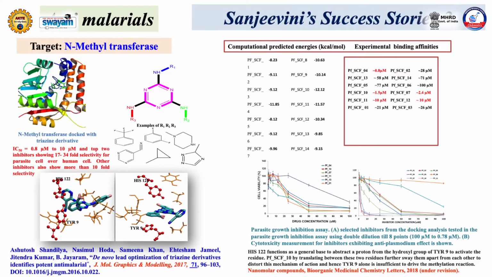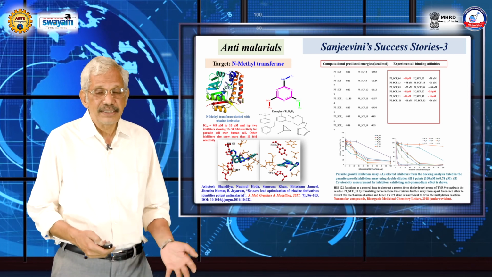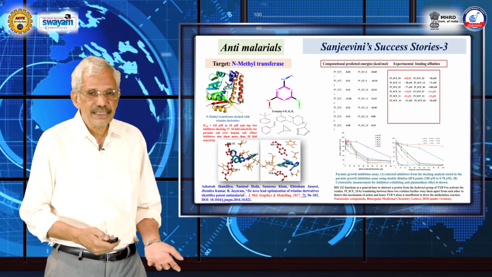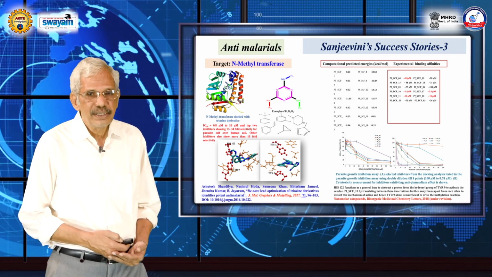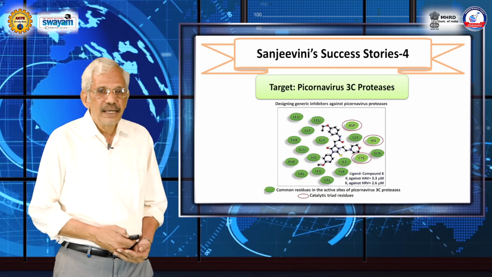drug discovery. Then antimalarials, again we have triazine based molecules and they are binding to this N-methyltransferase, which is a unique target for the falciparum, that's the malarial species, and it's non-existent in humans. So, these molecules then should be safe as drugs, potential drugs. Right now we are saying they are good candidate drugs. Some processing is still further required to make them into a drug molecule. And here I am showing you